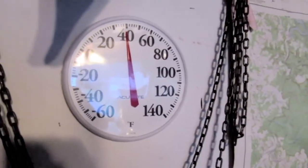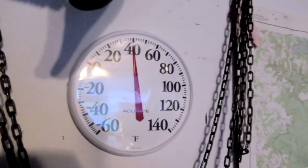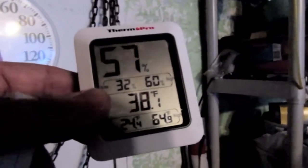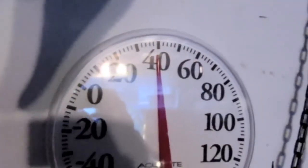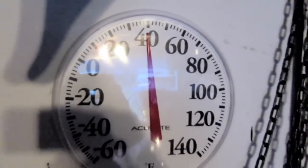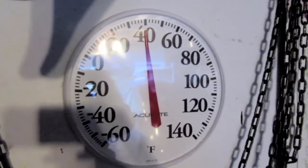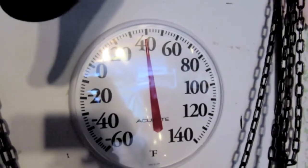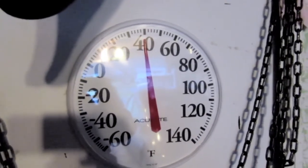just a plain old-fashioned analog low-tech meter, which is not expected to be all that accurate, although I have a digital thermometer that's saying 38 degrees Fahrenheit in here. And it's not too far off. It's reading probably closer to 39 degrees. I don't expect this to be any more than 2 degrees close to the real temperature anyway. The resolution of the display is not that good. The pointer width and everything, it's hard to get it in there, but